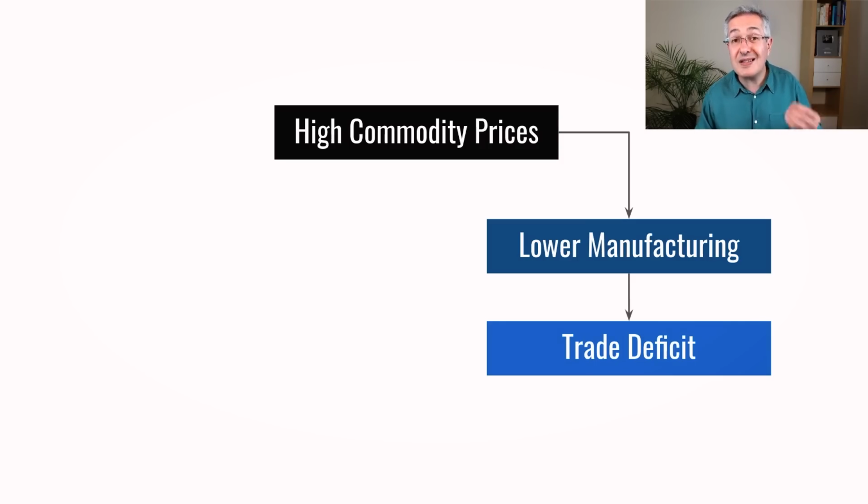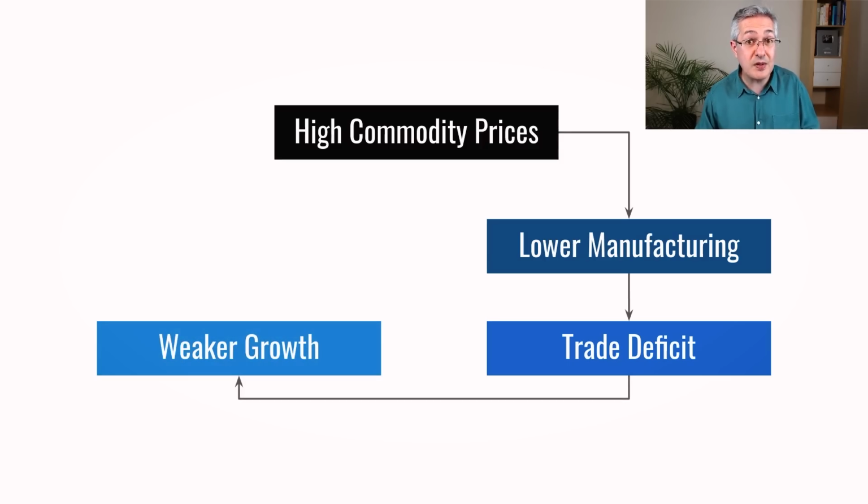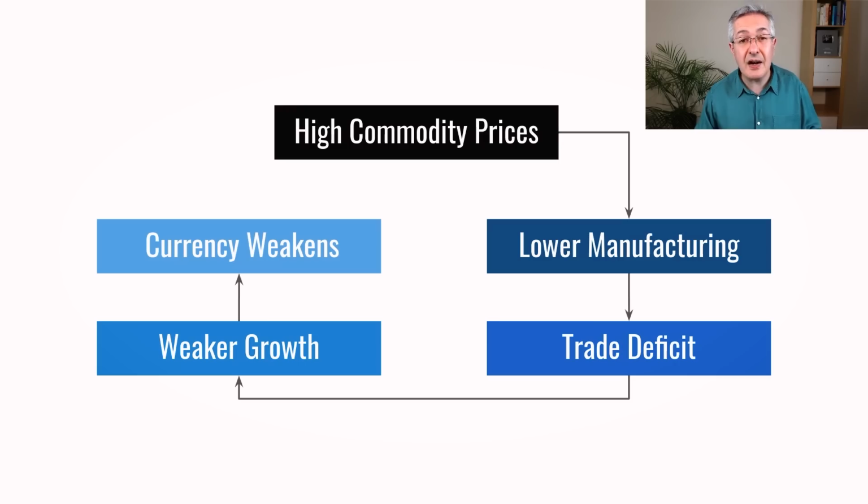Now, so far, it's not because exports have been falling, but if the gas supplies really do get cut off to Germany, I'd expect that would happen too. So far, it's been because of more expensive energy imports. Now, if the manufacturing base in Europe collapses, what we'd expect is weaker growth, which is terrible for Europe, and in turn, that would lead to a weaker currency. So this is how the loop could be worse this time around, particularly for Europe and for Japan.